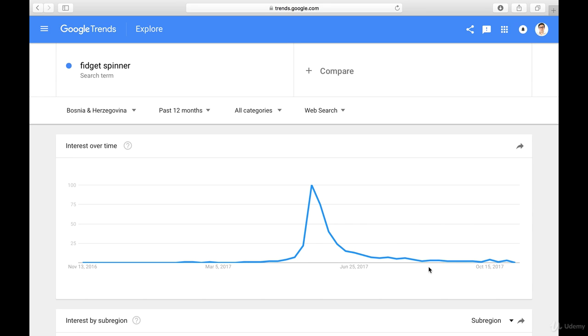Now, why is this the case? Again, it was a global trend. And if you now have a marketing strategy that was put into place, let's say somewhere up here, and you start selling, and then at some point the trend wore off and you think, why are people not buying from me? It does not necessarily have to be your marketing strategy. It could simply be the market itself. No one was interested anymore. That's why when you build up your marketing strategy, always make sure that you find a graph which is pointing upward, where the interest over time is increasing. And of course, you also want to make sure that the interest is enough to say, okay, this is a proper market, a big enough market in order to